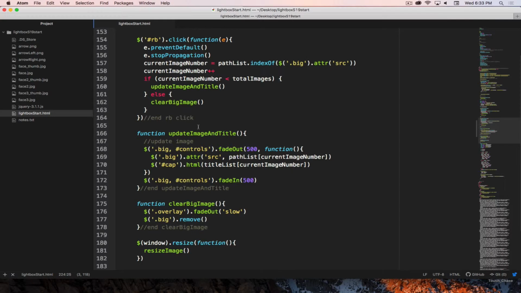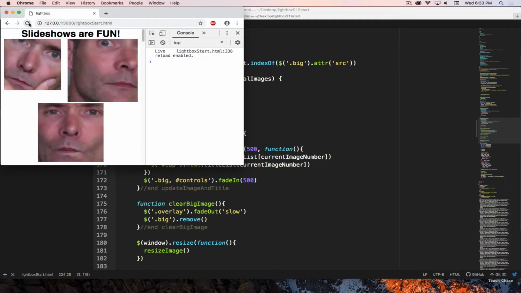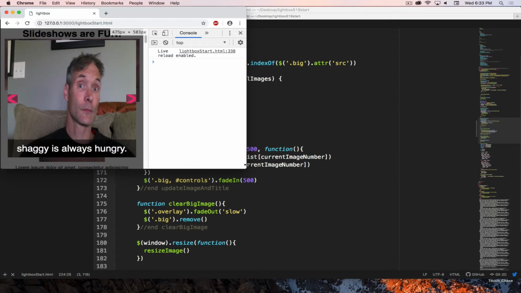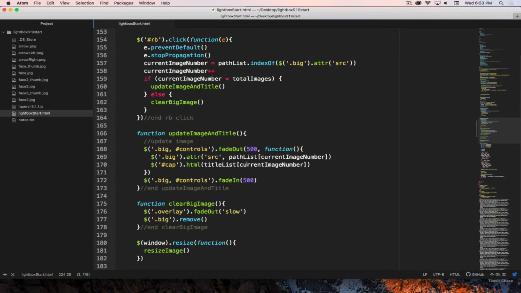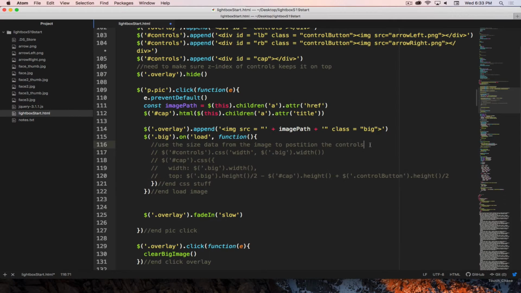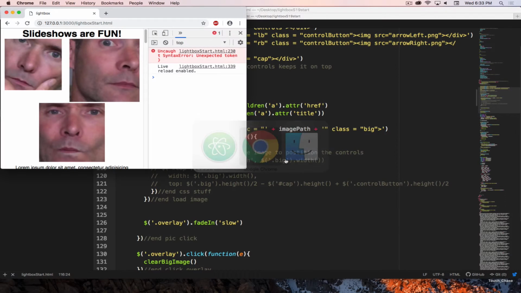So when I run into the use case where my window is too small and my picture now is too big and it fills the space until I trigger the resize event and now it resizes the image to fit, that tells me that inside my initial click, instead of just resizing my controls right here, I can just call my resize image method. If I save that,